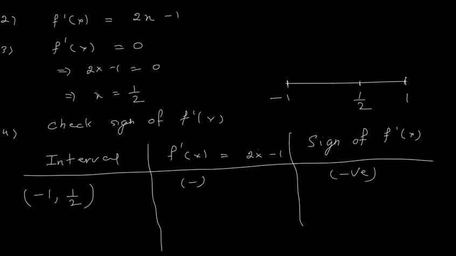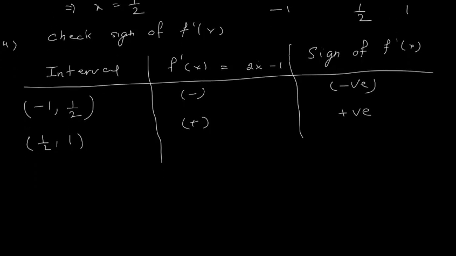And the other interval is half to 1. So here I will put, let us say, 0.8. When I put 0.8, it will become 1.6 minus 1, which is a positive value. So I am getting a positive answer here. So you see that f dash x is negative in minus 1 to half, and it is positive in half to 1. So I will say that therefore this f(x)